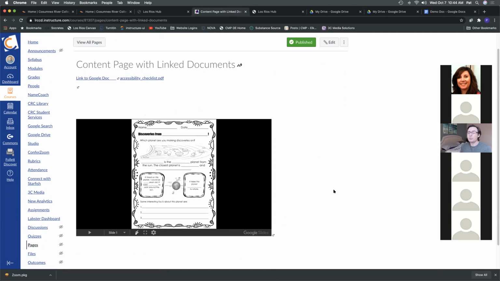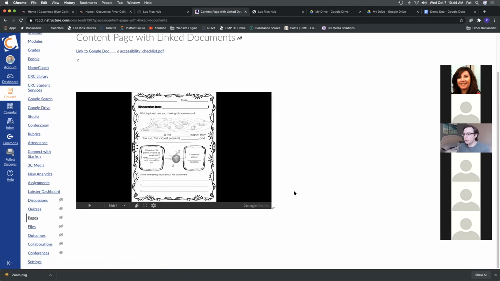Resist the urge to do this, right? This embedded Google Slide or Google Doc is inaccessible to our students. It has a special series of HTML code in the background that doesn't work with screen readers. If we were to look,